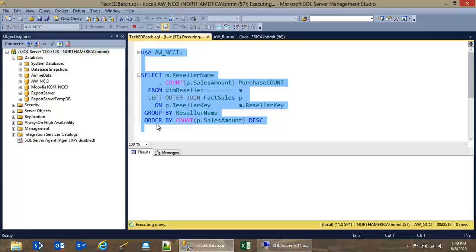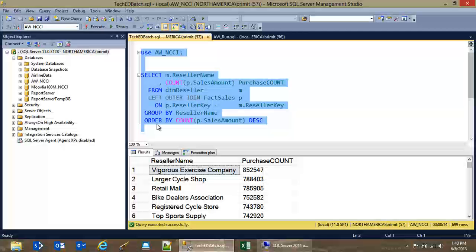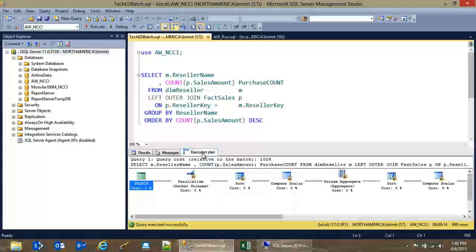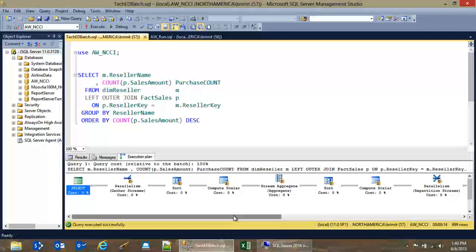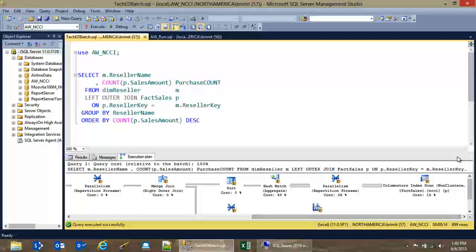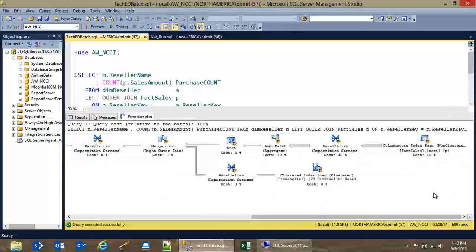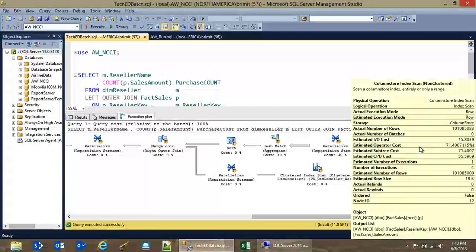And that should just take a few more seconds to run. All right, so that ran there, and what we can take a look at is the execution plan. Over here, we can see that we had the clustered index scan for DIM reseller, but what we want to look at is the Columnstore index scan for fact sales. And if we take a look at this guy,